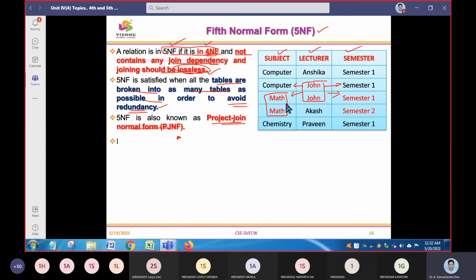Maths is taught by John, and maths is also taken up by Akash, but John teaches maths in semester 1 and Akash teaches it in semester 2. Ambiguity is going to arise. That means the maths subject is in both semester 1 and semester 2. This was the case, so to eliminate that,